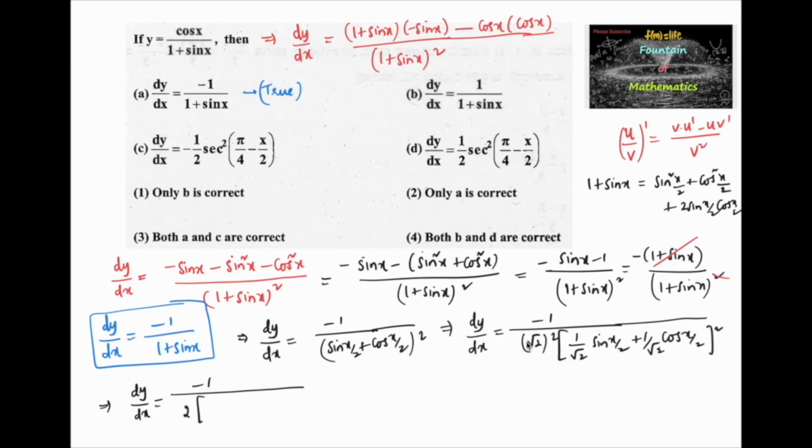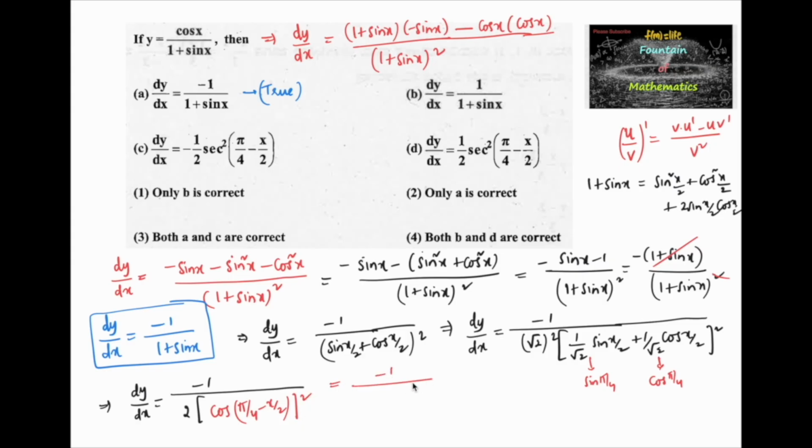which implies dy by dx is equal to minus 1 divided by 2 times of 1 by root 2, we can write it as sin pi by 4, and here 1 by root 2 we can write cos pi by 4. So it is in the form of sin a sin b plus cos a cos b, which is cos pi by 4 minus x by 2, cos a minus b formula,